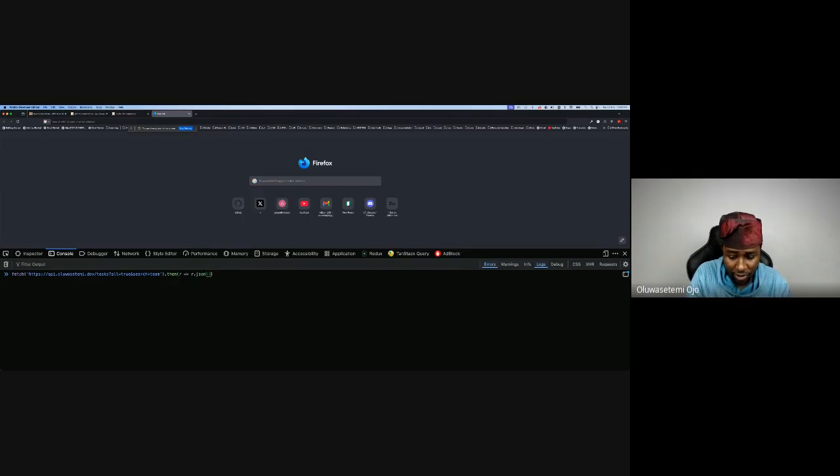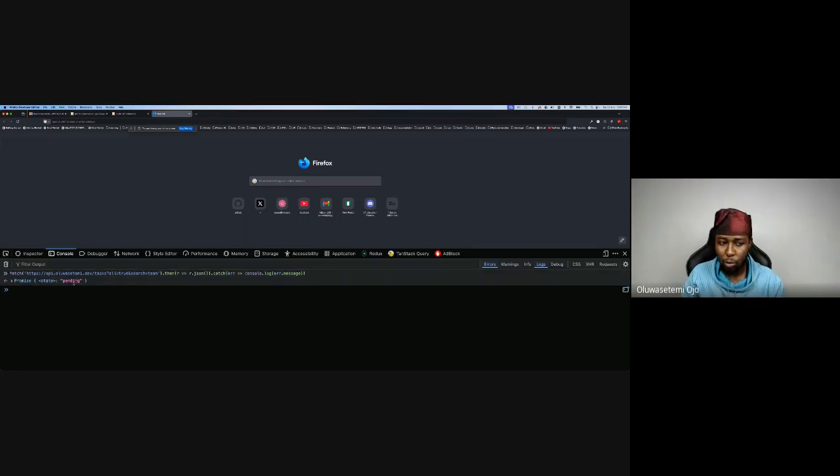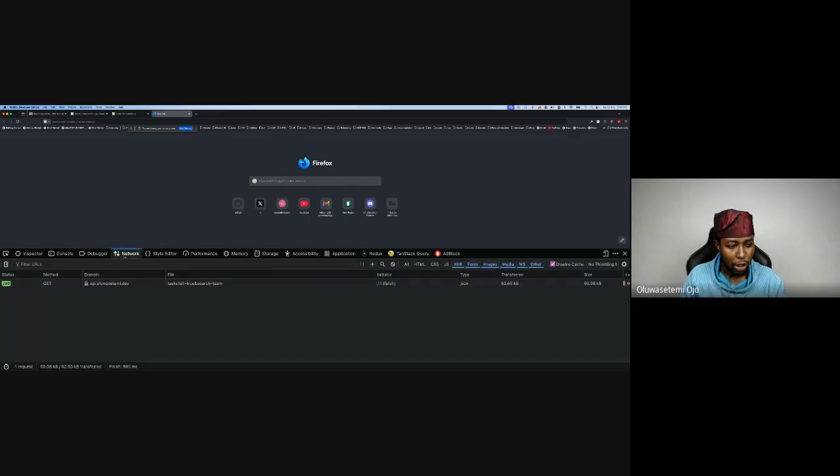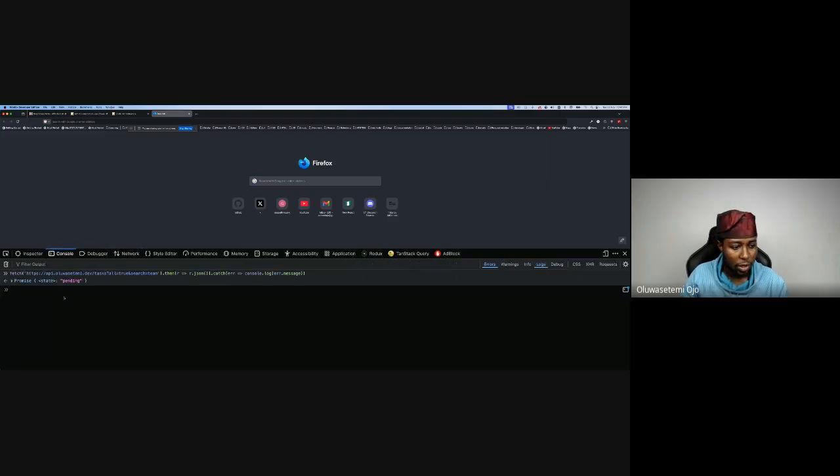result.json, convert it to JSON. And then, because it's a promise, we can do a catch if there's an error, and then console.log error.message. Now this will run, and it will just show pending, and it's not going to show anything, right? But if you check your network tab, you would see that it ran that request and returned some operation. So for us to see the result in the console, we need to write another .then,